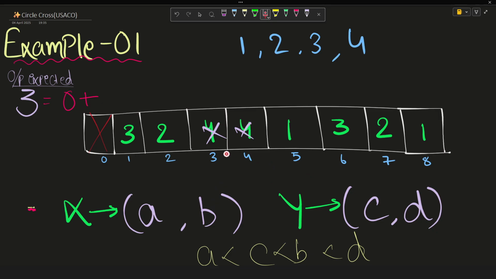So we want to find how many c's lie in this range that can be substituted here. As you can see very clearly, there are actually two elements, that is 2 and 1, that are present in this range that can act as C and be substituted here in order to satisfy this